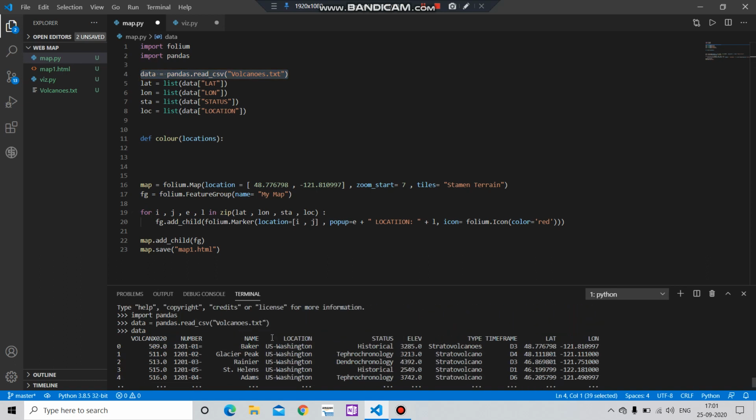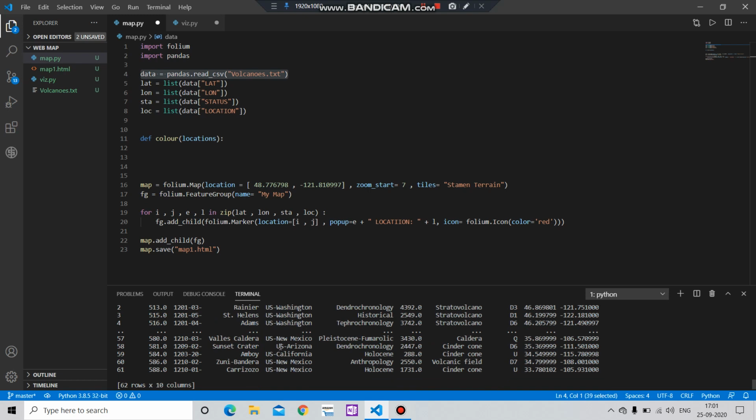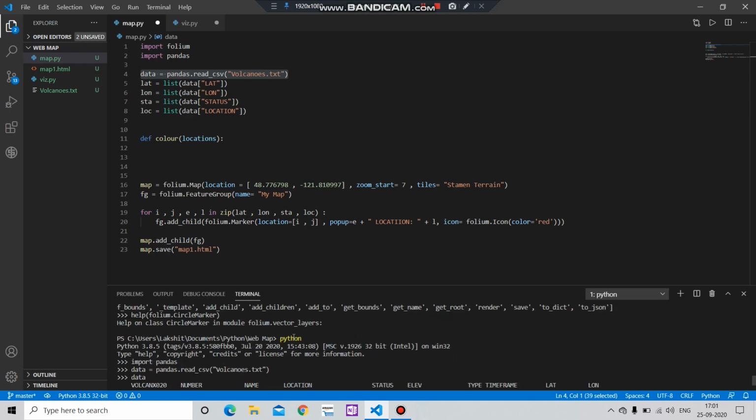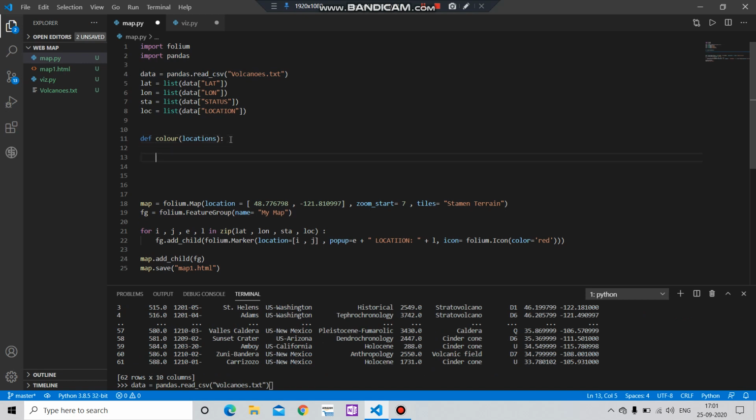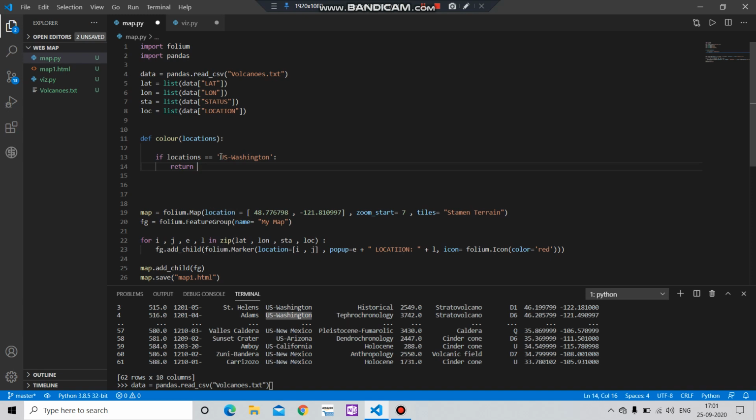Here you will see that we will add a separate color for Washington, a separate color for Mexico, and a separate color for the other states. So how can we do that? We create a function, let's say locations. You can name it anything, and create an if condition: if locations equals, let's say, Washington, then we will return which color, let's say black,